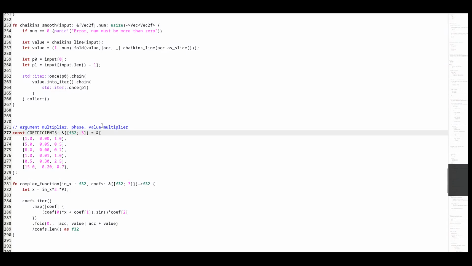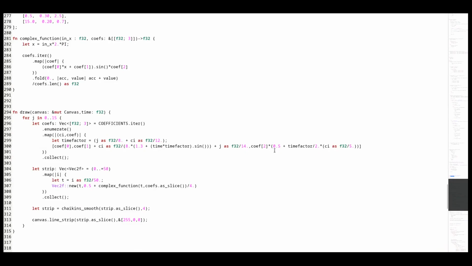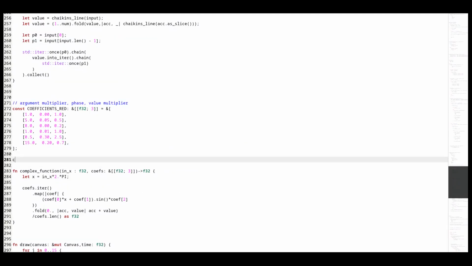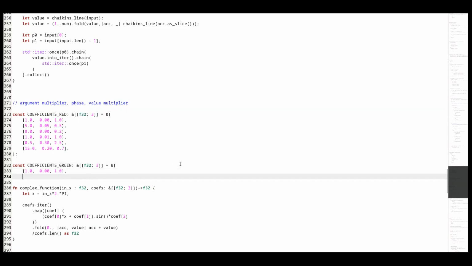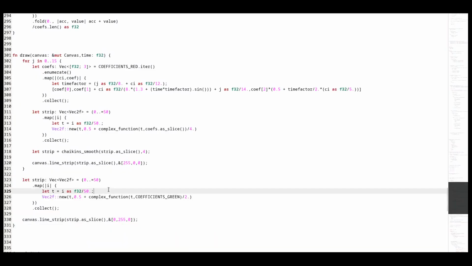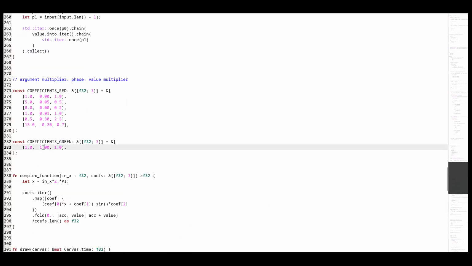Let's do separate lines. We will start from very simple coefficients, generating a green line like we already generated red lines.